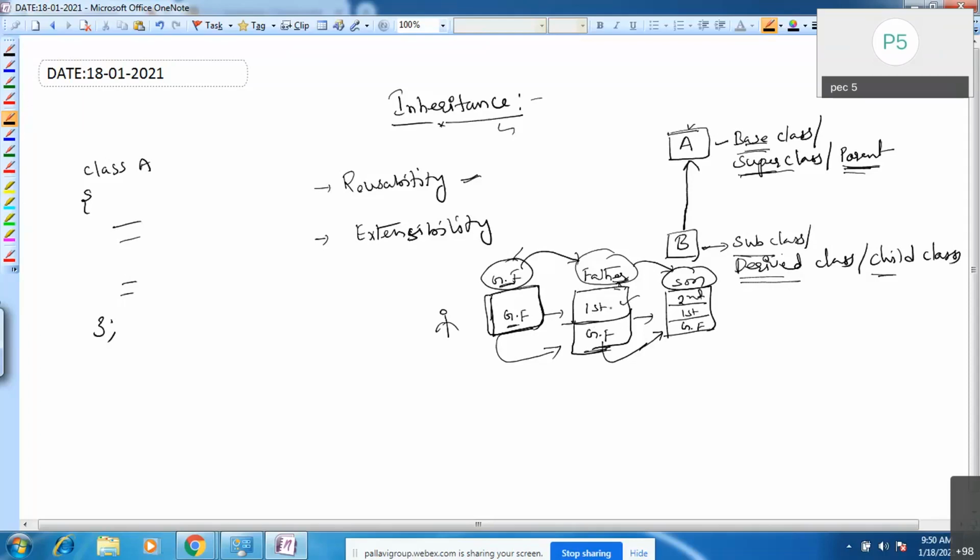The same way with the son: all the properties from grandfather and father will exist inside the son class.